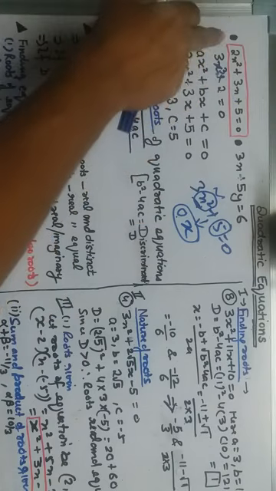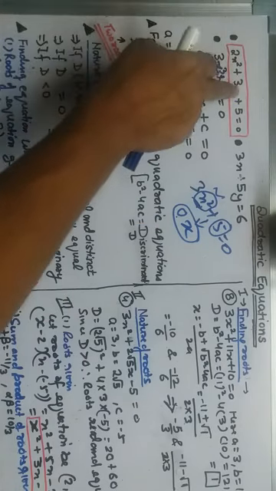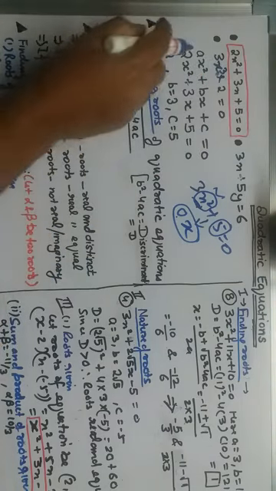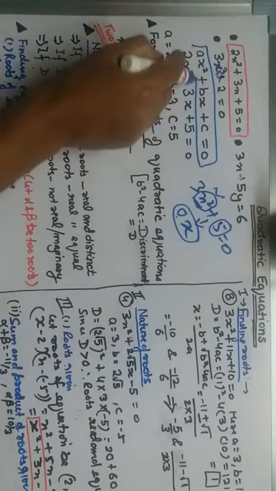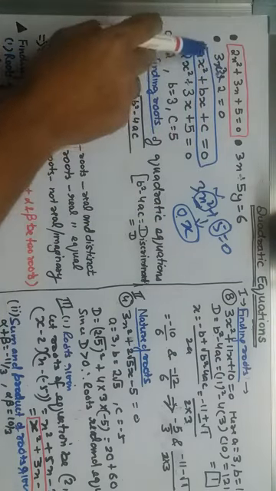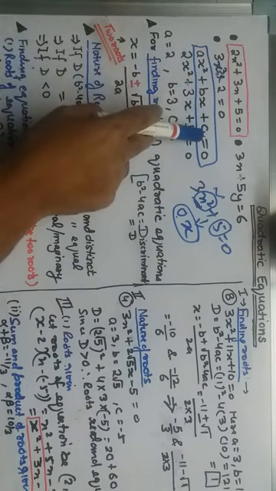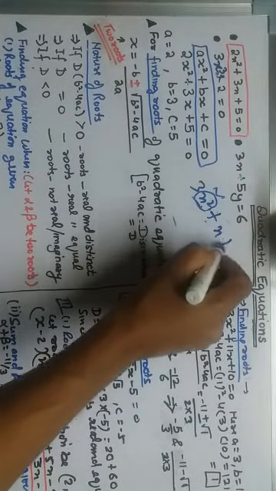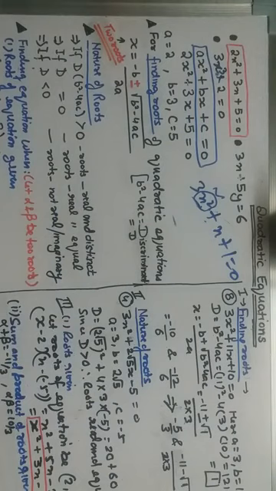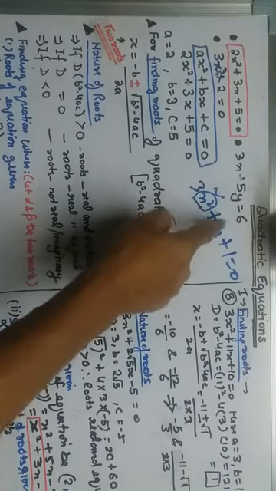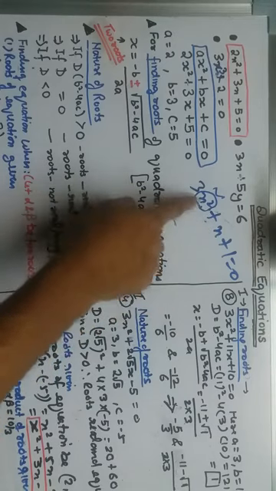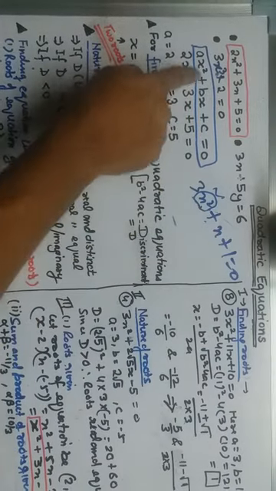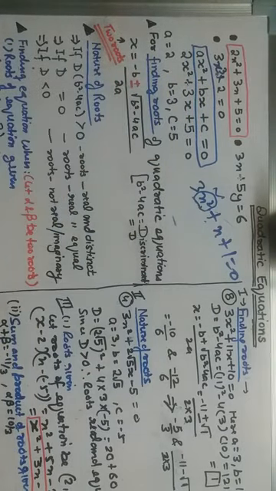Why? Because this contains an x square term, an x term, and a constant term, so this will be a quadratic equation. An equation will be quadratic when it has this format: x square should be there, x should be there, and c should be there. Like 3x square plus x plus 1 is also a quadratic equation. Whatever the coefficient, x square is there, x is there, a constant term is there, so this will be a quadratic equation. Any expression of this format, x square, x, and a constant term, is a quadratic equation.